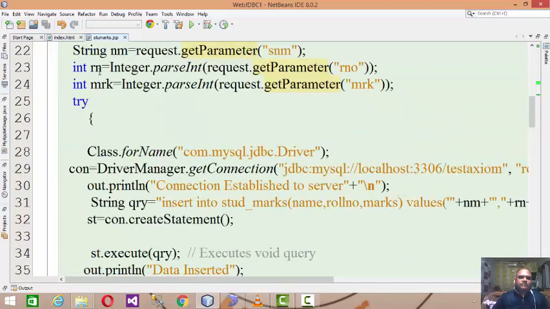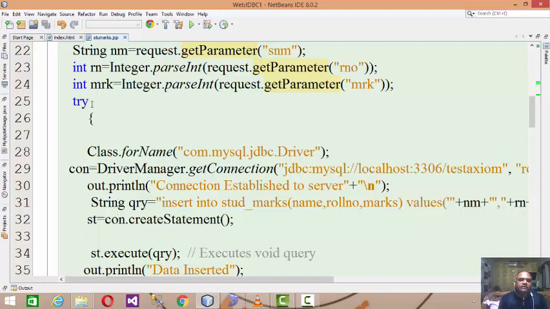This is the connectivity code, JDBC code, the same as what we learned in desktop Java or core Java, where to perform JDBC operations we take help of the connection, statement and result set.